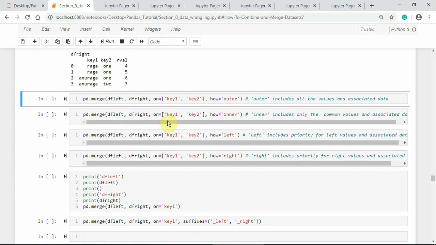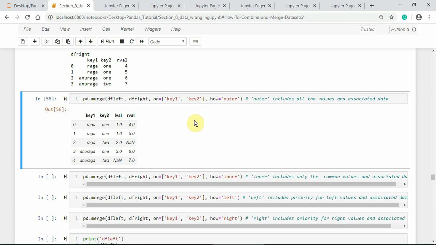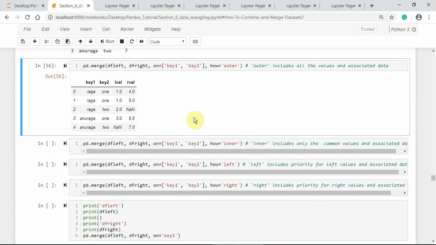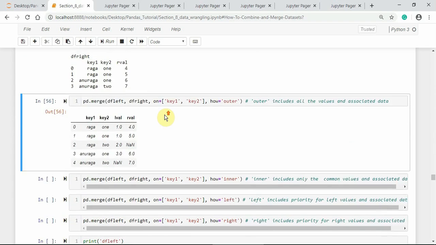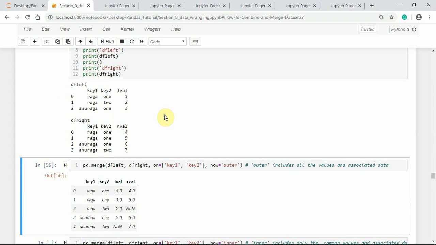When we are joining columns on columns, the indexes of the data frame objects are discarded. Let us merge these two data frames with the two key columns key1 and key2 as the merge keys. Here I am performing the outer join first. The resulting object has the union of the rows appearing in the columns key1 and key2 of both the data frame objects.